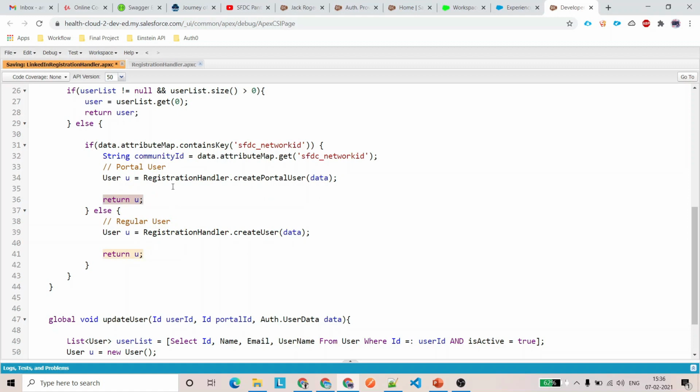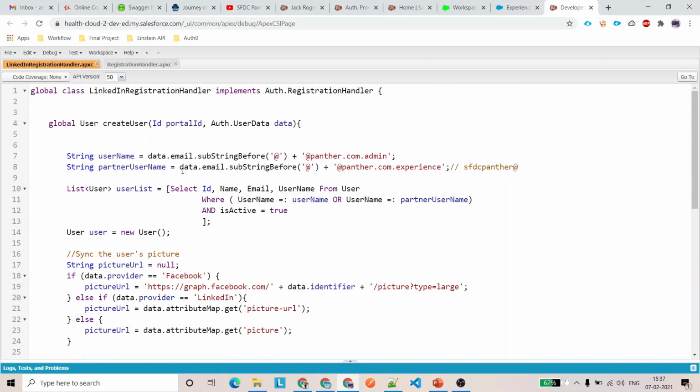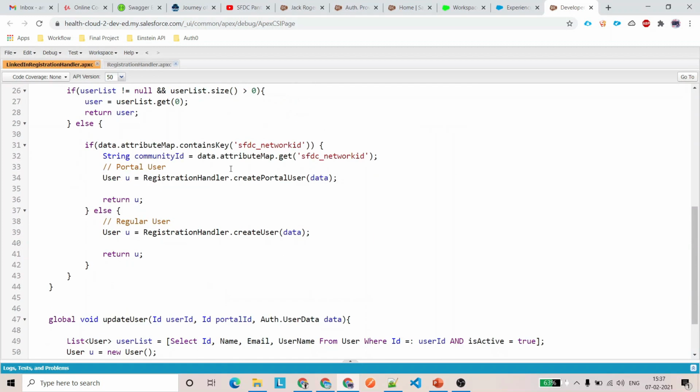You don't need to explicitly put the insert statement for creating the user while you are inside your registration handler class for any authentication provider; the user is going to be created inside the Salesforce environment. So this is all about the class which I have. You will get the link of this class inside the description of this video. You don't need to worry about that.